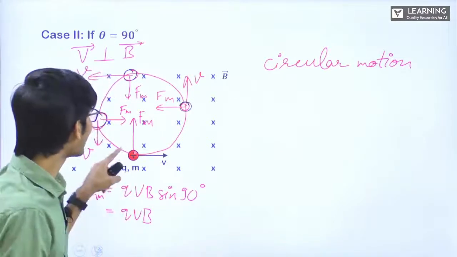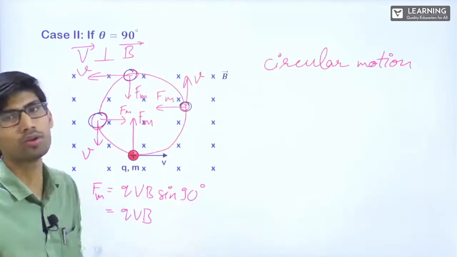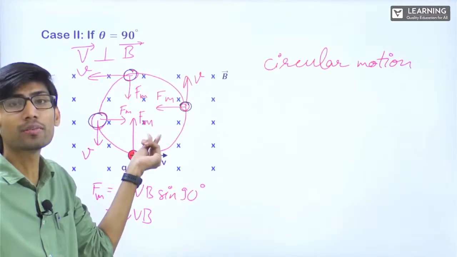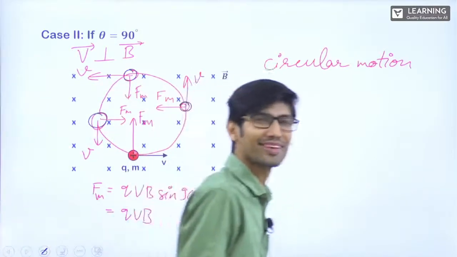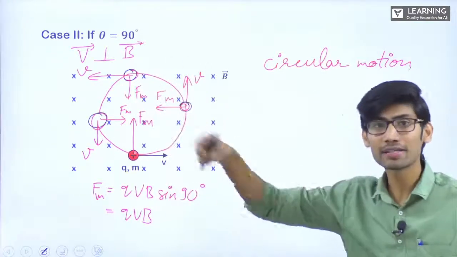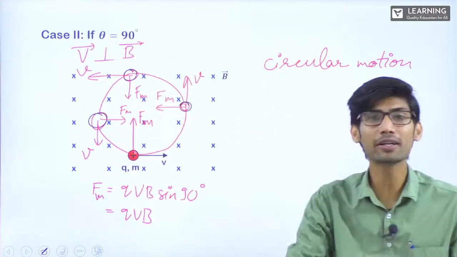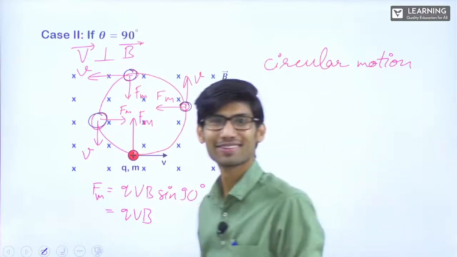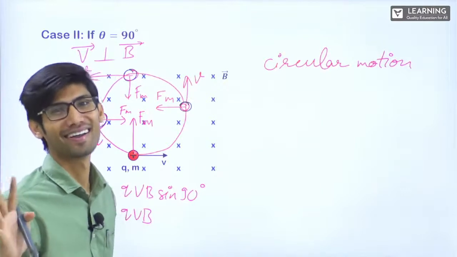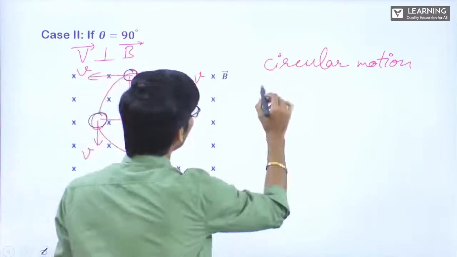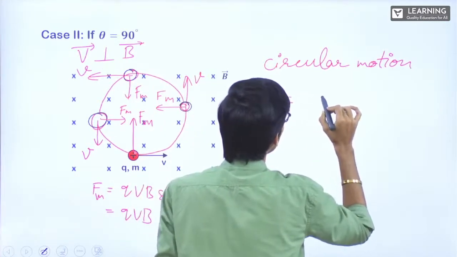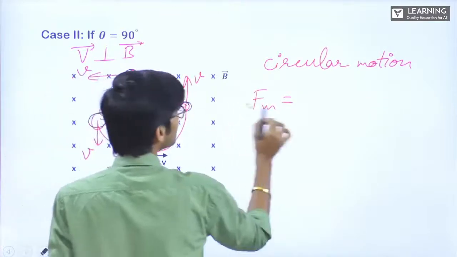Right? And now if I ask the radius of this particular circle, how will we take it out? Understand from here, now this magnetic force is actually behaving as a centripetal force. Remember? 11th standard, circular motion. If a circular motion is happening, there is a force inwards. That force is centripetal force. And what is the value of that force? mv square by r. Alright. Now see, in this particular case,